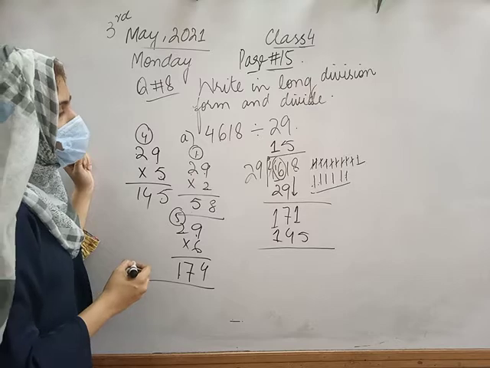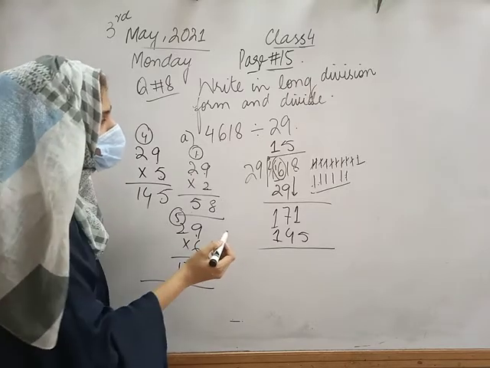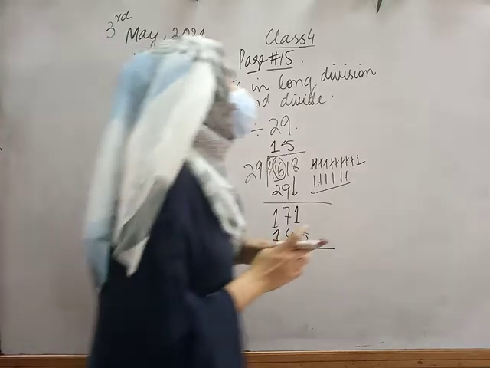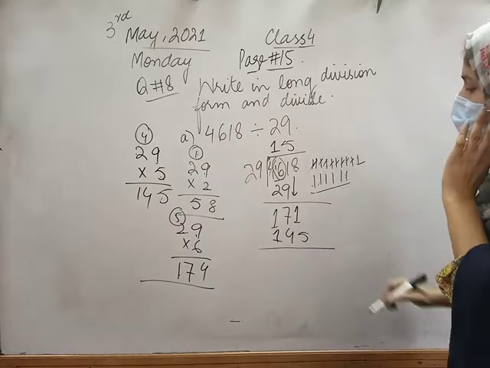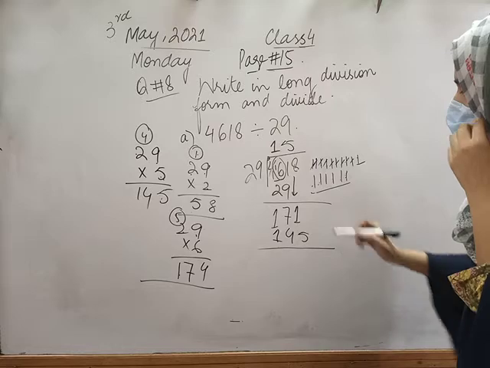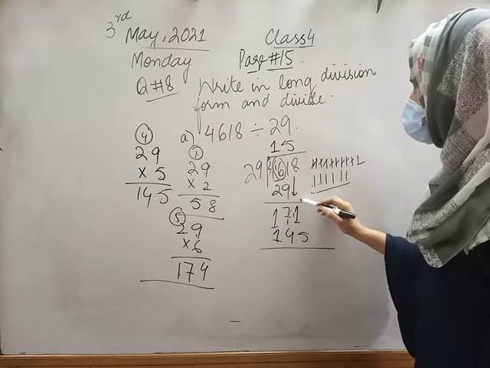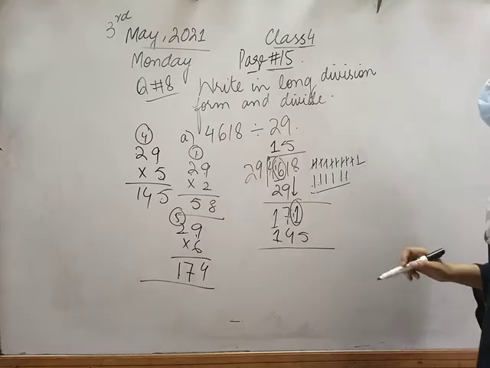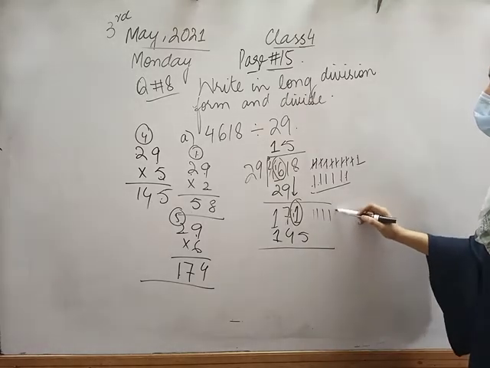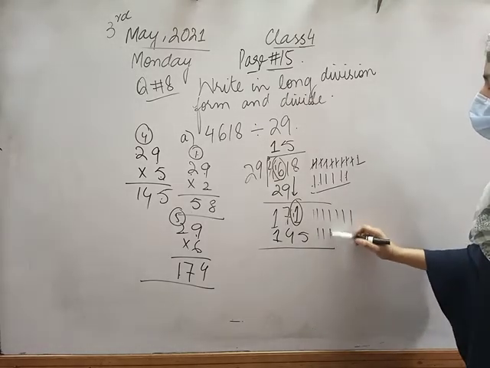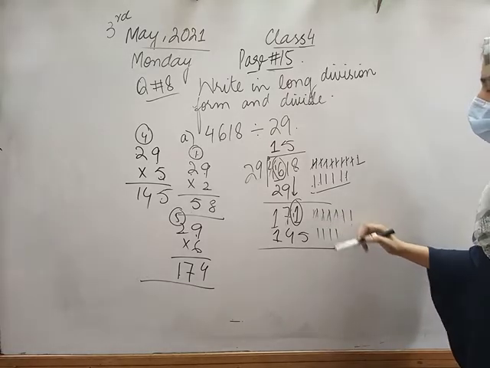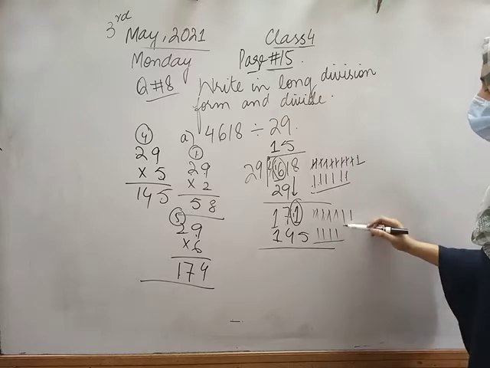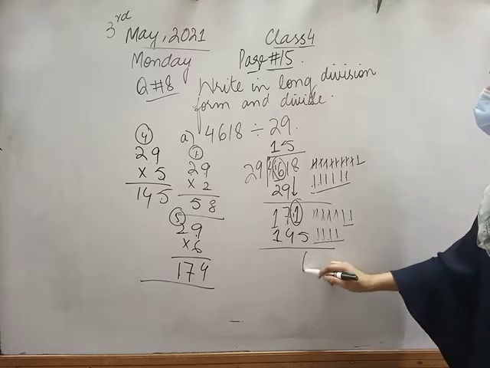Okay? Now the second step of division is to subtract. क्या होता है हमारे पास division में हम क्या करते हैं? Subtraction. Okay? Now, is it possible to subtract 1 from 5? No. So we will take 1 from this number. So 11 minus 5. 1, 2, 3, 4, 5, 6, 7, 8, 9, 10, 11. And we will subtract 5 from it. 1, 2, 3, 4, 5. Now in the end we have 6.